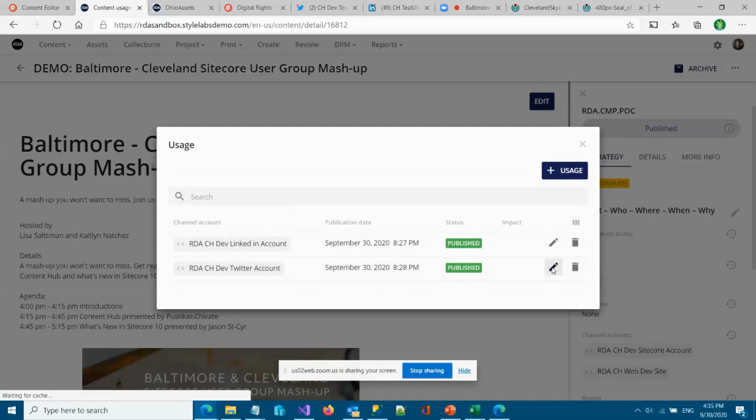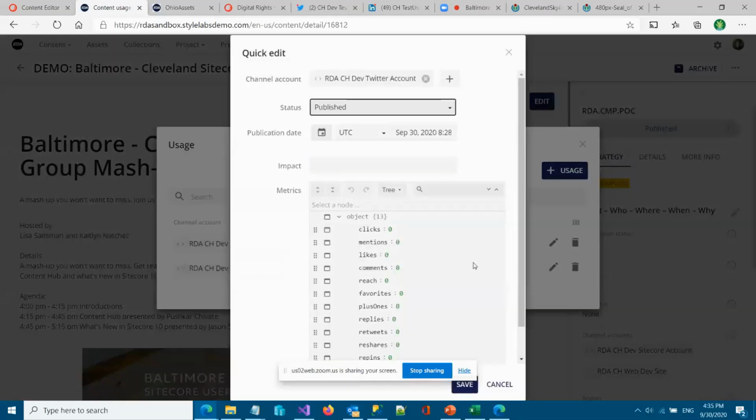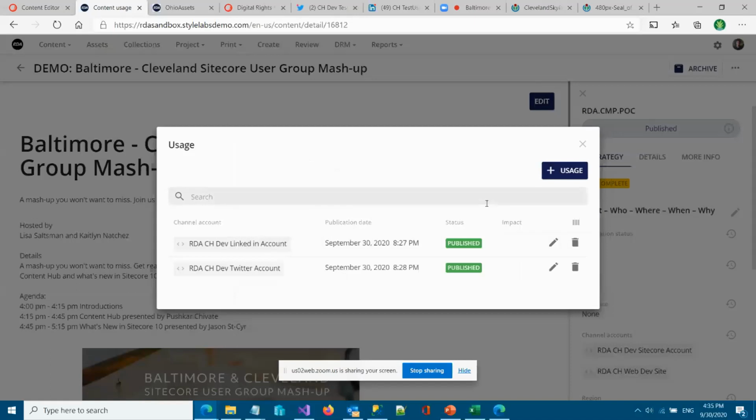And if we were to take a look at, say, one of these metrics associated with the usage entity, the metric can be the number of clicks, mentions, likes, or whatever we would like. This can all be customized, and we can give a weightage to each of these metrics. So let us say I give 5 points for every click, and I say I got 2 clicks and I save this, then the trigger will